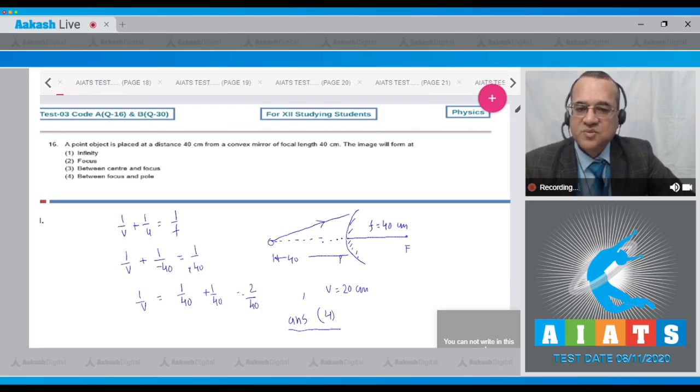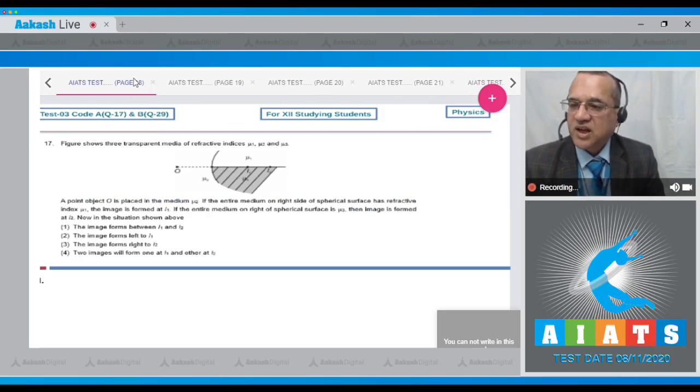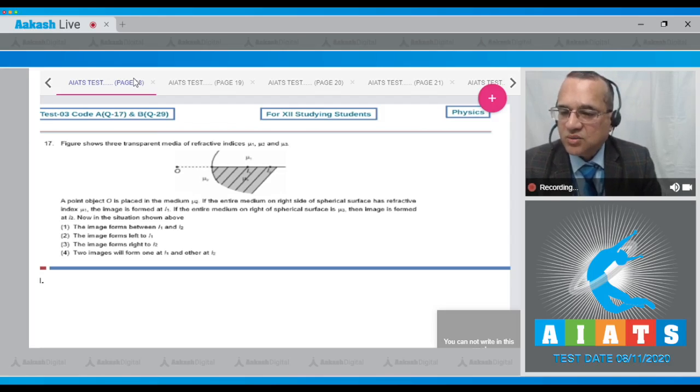So your answer to this question is option number 4. And let's move to the next problem. Question number 17 reads: the figure shows 3 transparent media of refractive indexes mu1, mu2 and mu3. A point object O is placed in the medium of refractive index mu2. If the entire medium on the right side of the spherical surface has the refractive index mu1, the image is formed at I1. If the entire medium on the right of the spherical surface is mu3, then the image is formed at I2. Now, in the situation shown above,